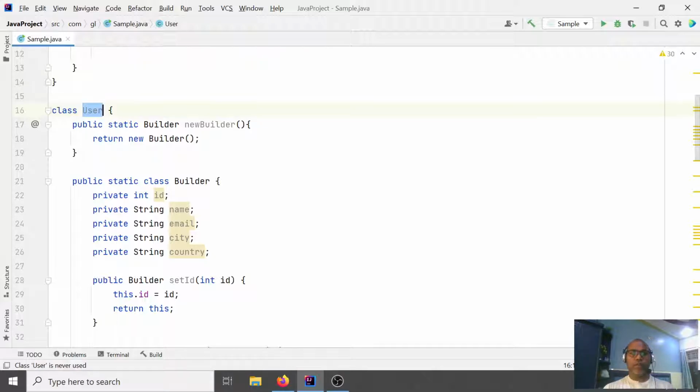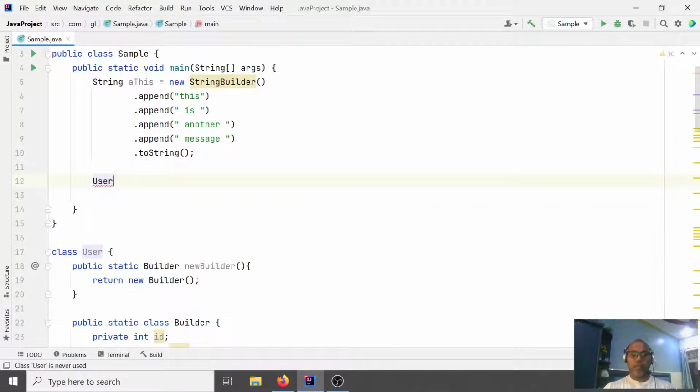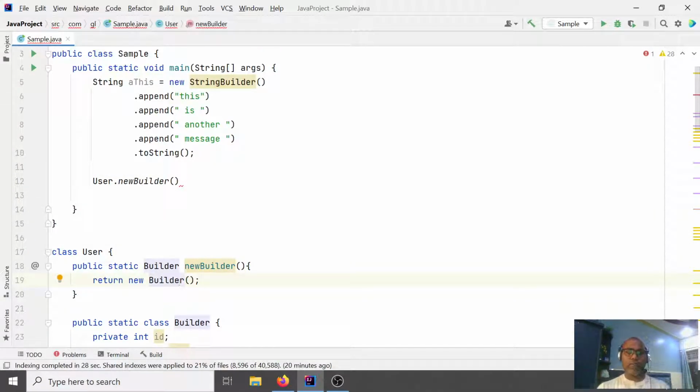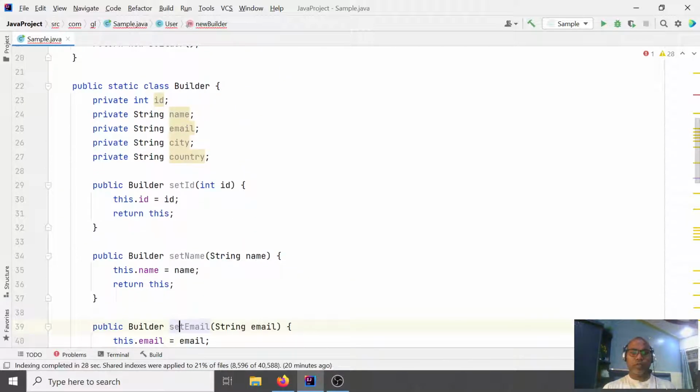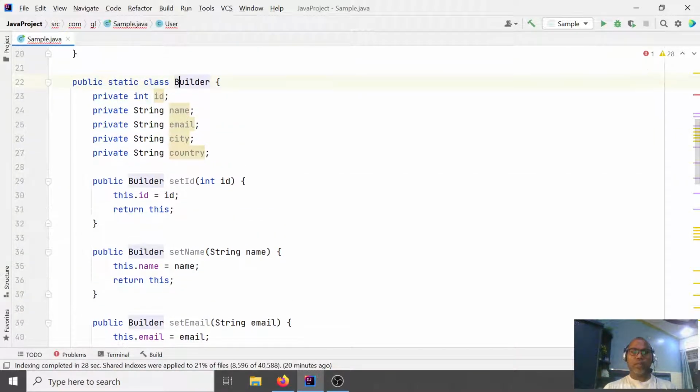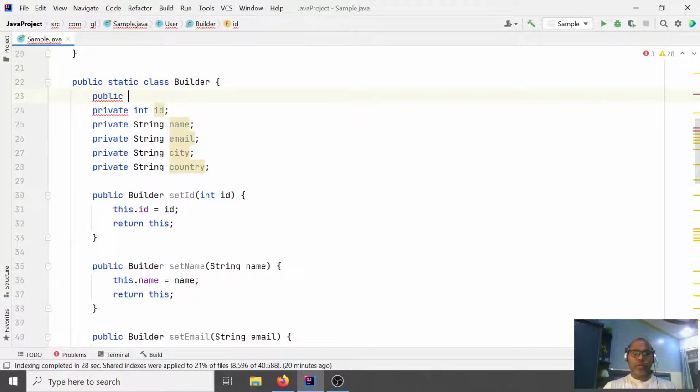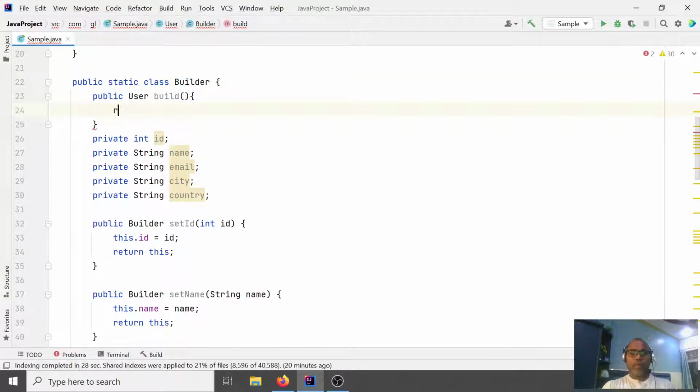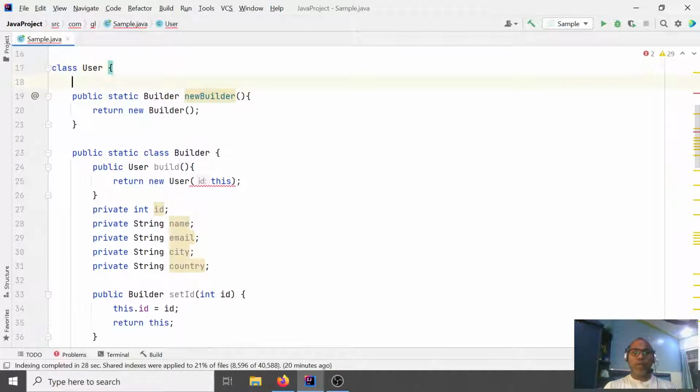Now if we try User dot new builder, there should be a build method that returns your actual user. The method should be like build, and it returns a new user with this. That means in this user class we have another constructor that takes your builder as an input.